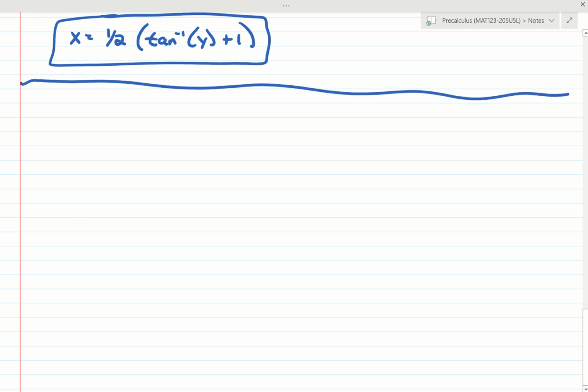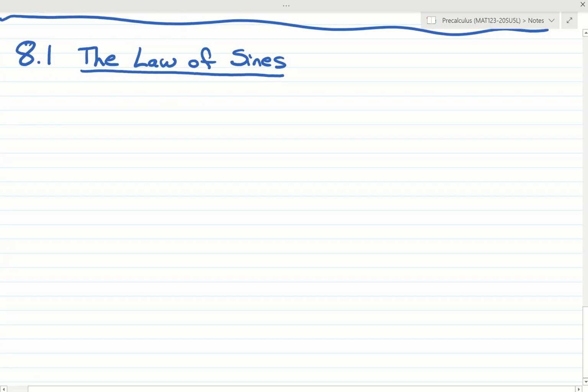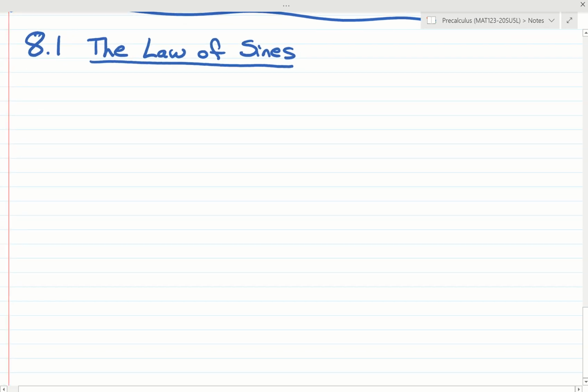In this section, we're going to be talking about section 8.1, and it's called the Law of Sines. Now, so far we've talked about the circular functions: sine, cosine, tangent, cosecant, secant, and cotangent. And for everything we've done so far, those work only if the triangle is a right triangle. If we're trying to solve different pieces of a triangle and it's right,